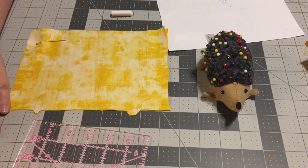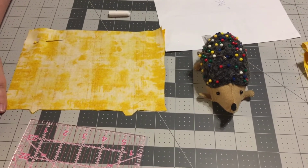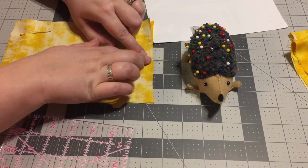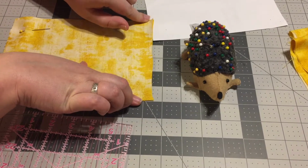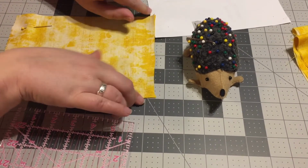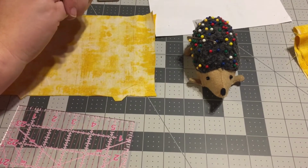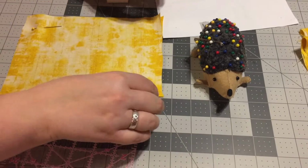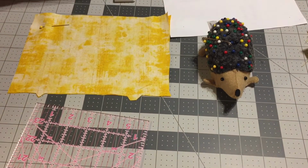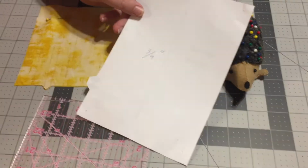Today we're going to go over how to mark your hemline. Now, for the Pillowface project, we will not be sewing this top section shut. That will be done at the end. It's a little hard to stuff a pillow if everything is closed up and you can't turn it inside out, just a thought. So what we are going to do is we are going to do this for 3/4 of